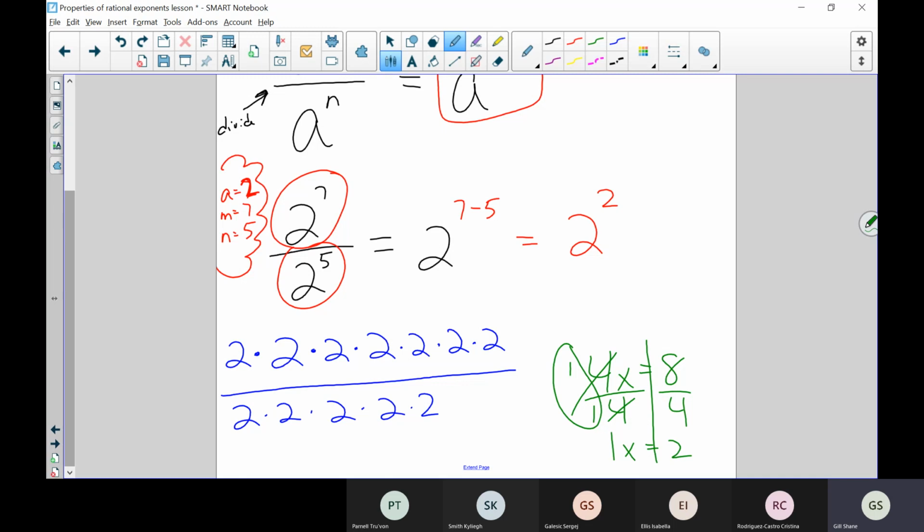But we're doing the same thing over here. We have 2 divided by 2, so we can get rid of that. And we could say that's 1 and 1. That becomes 1 and 1, 1 and 1, 1 and 1, 1 and 1. So down here, we'd actually have 1 times 1 times 1 times 1 times 1. So we just have a 1 left down here. Here we have 1 times 1 times 1 times 1 times 1, but then times 2 times 2. So if we rewrote that,